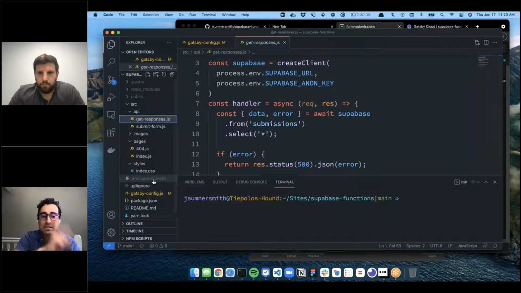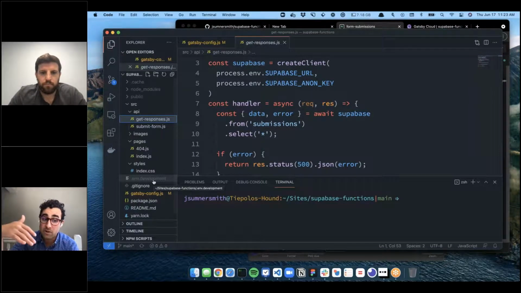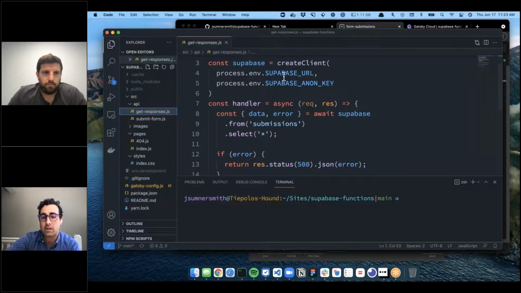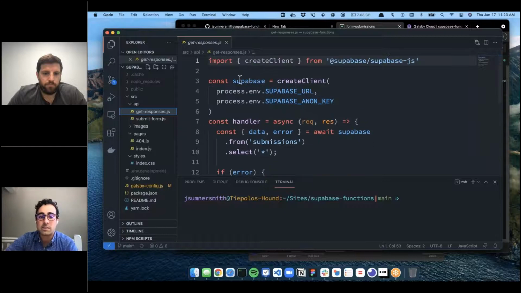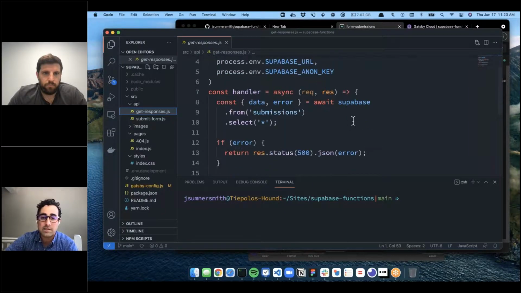You can see I have a .env.development file for all of my local environment variables, and functions can pull any environment variables that you've added in there. Here I've added a Supabase URL and a Supabase anon key, and that's all I need to bootstrap this client to then go get data.